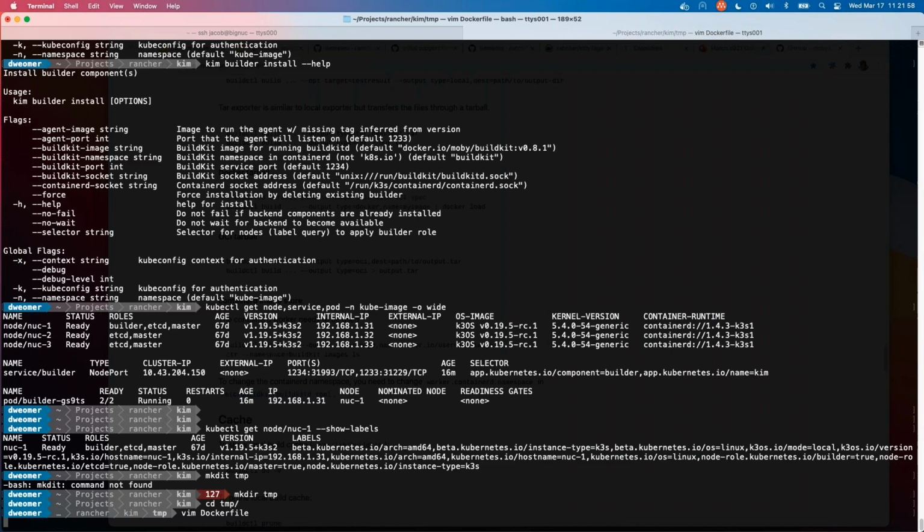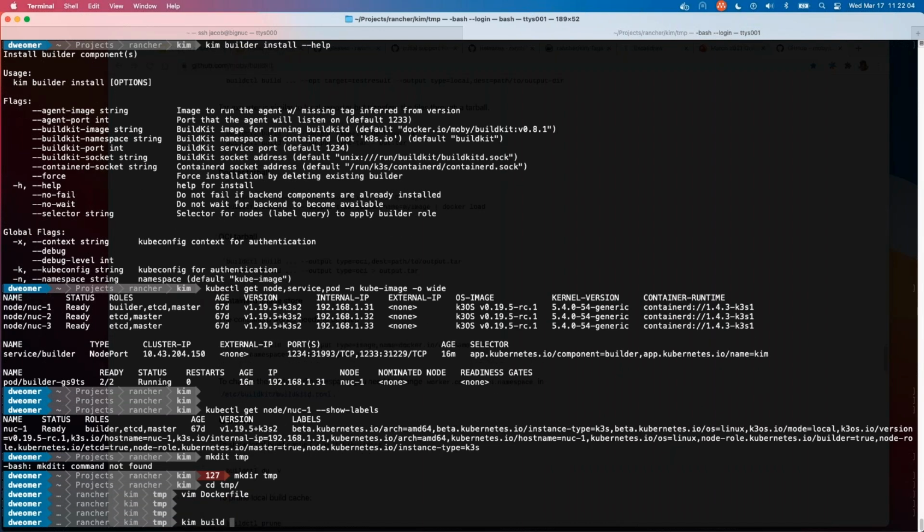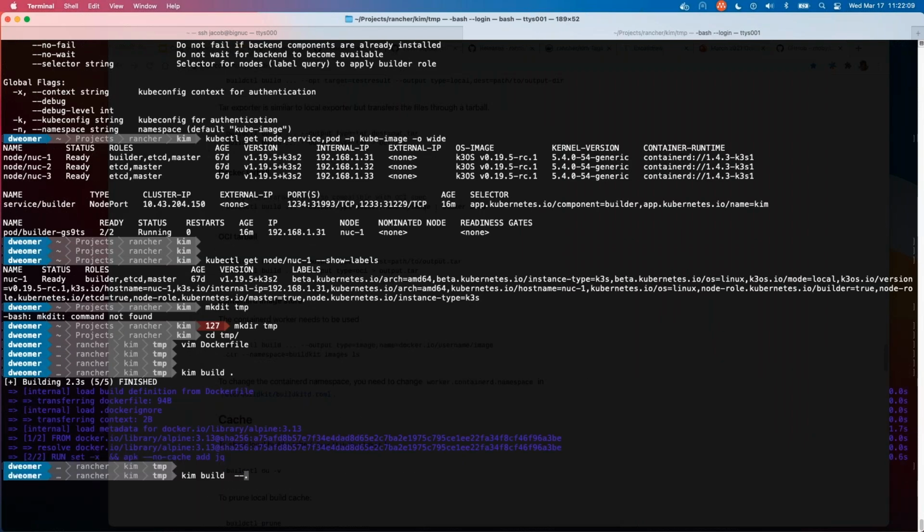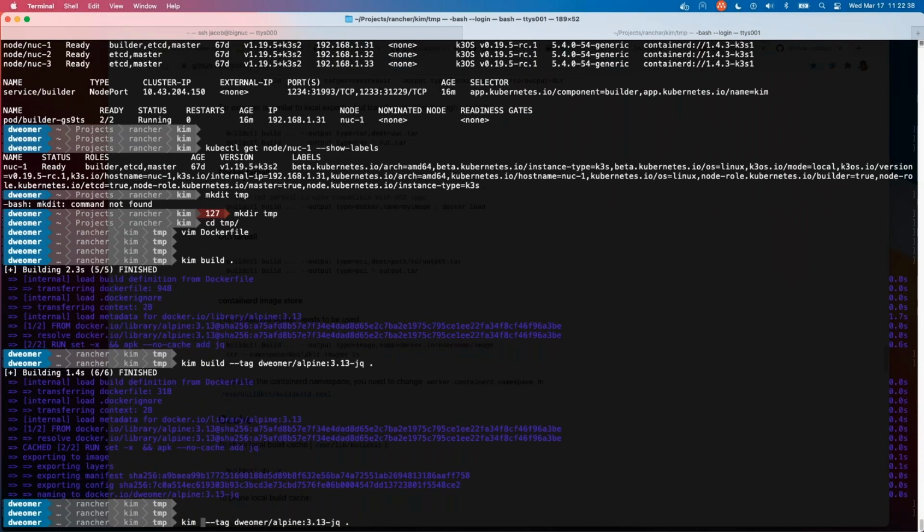So if we do a Kim build, just to smoke test the Dockerfile. Yep, okay, that worked. So let's call it Alpine 3.13-jq. So Kim builds. Right. And so now if we do a Kim